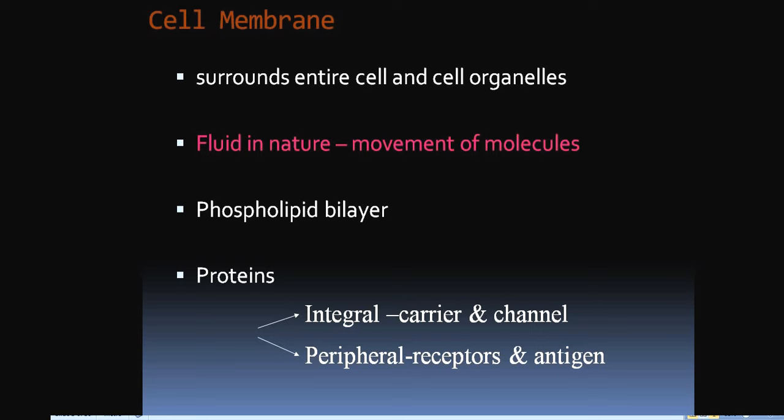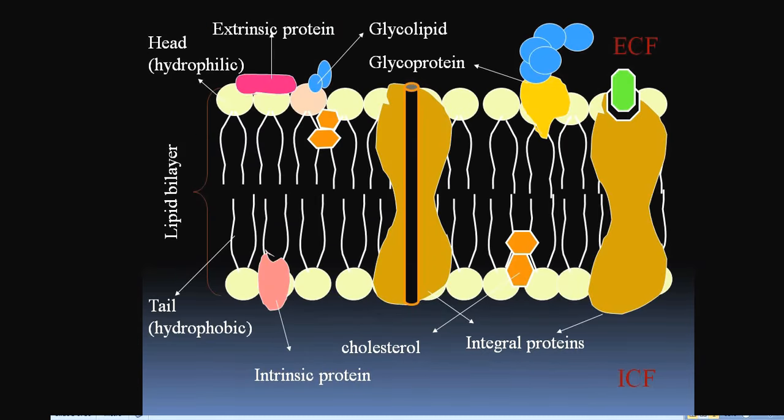In the first slide, when we see the structure of cell membrane, it is formed by a lipid bilayer with proteins embedded in it. The proteins are an integral part of that cell membrane. This figure shows the basic structure of cell membrane. Here in a lipid bilayer membrane the proteins are embedded either externally, internally, or as transmembrane proteins. These transmembrane proteins act as gates or channels that play an important role in transport across the cell membrane.